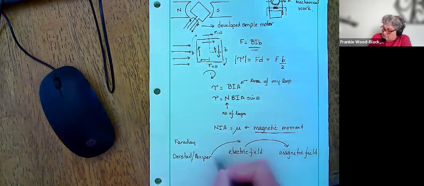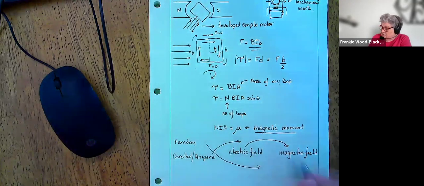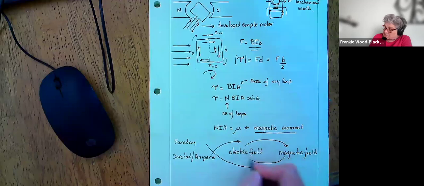And that's what they gave us. But Faraday is actually going to show that if I have a changing magnetic field, I can generate an electric